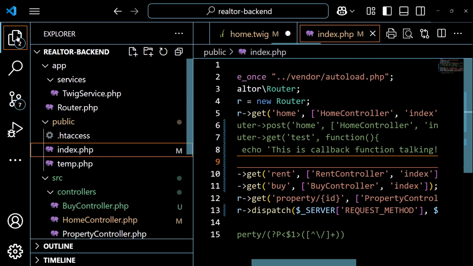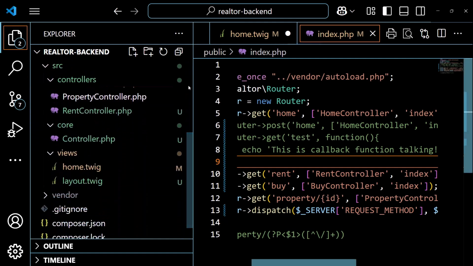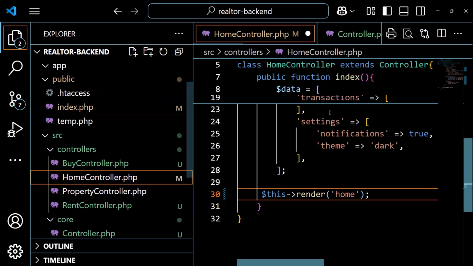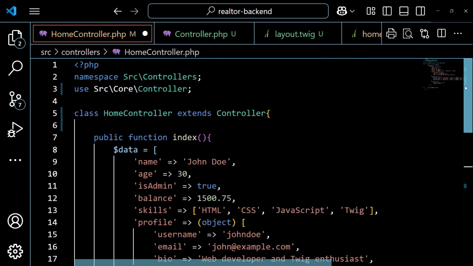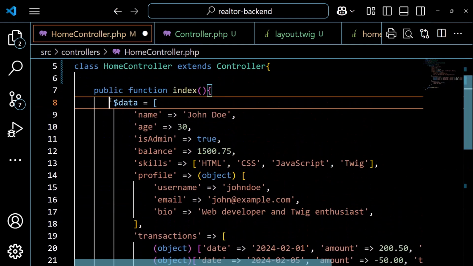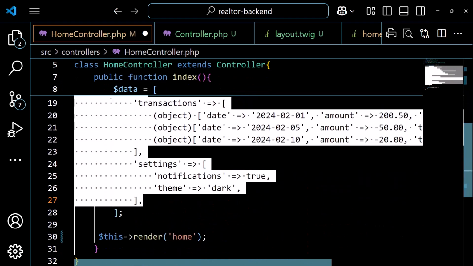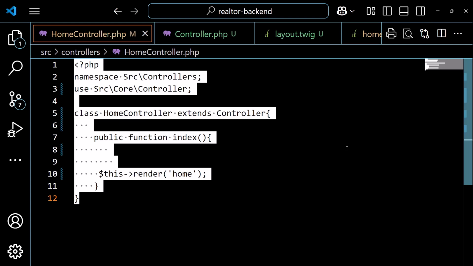Now let's go to the views part and define some views. Or what we are going to do is let's go to the home controller. Okay, now we don't need this data. The data that we placed over here was only for the purposes of the previous video to show different aspects of Twig syntax. Okay, so what we are going to do is we are going to copy everything and